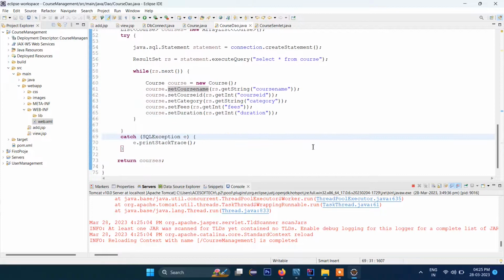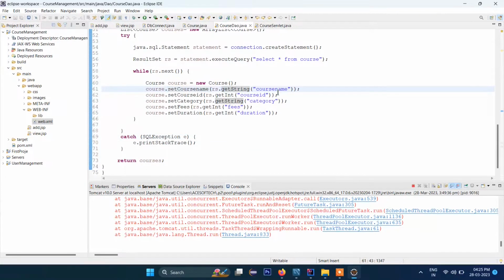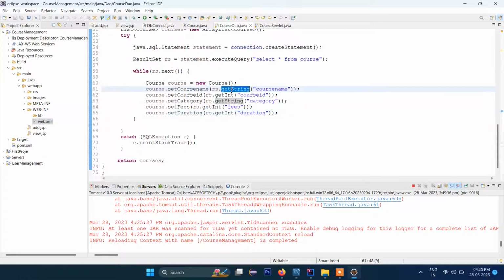Okay, so here is set course name rs dot get string, right? So get string, get int id, get string rs fees. So wherever there is integer, then get int, and wherever there is string, we write here get string, and